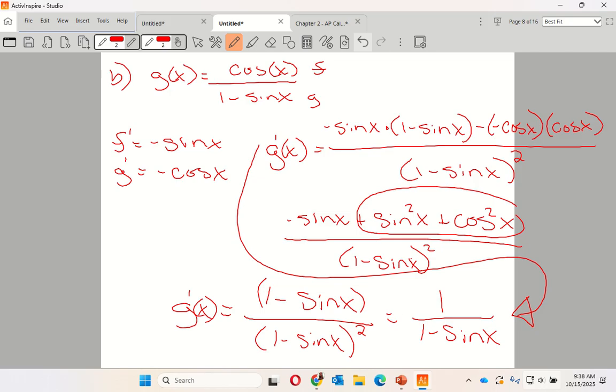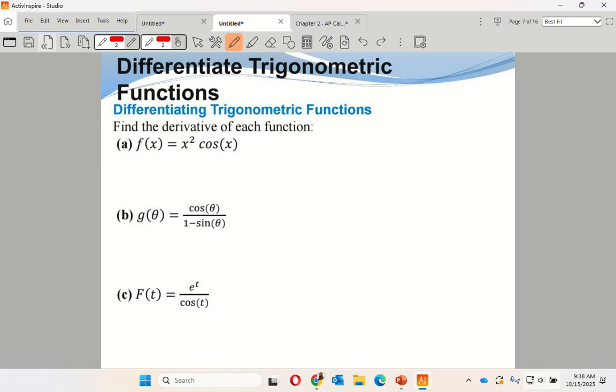All right, so yes, that one's for B, and we're taking a look at C now. You guys all had a chance to try C? Yes? No? Still working on it? Okay, so still work on it. I'm going to work it out up here. So work on C, and then I'll come back to